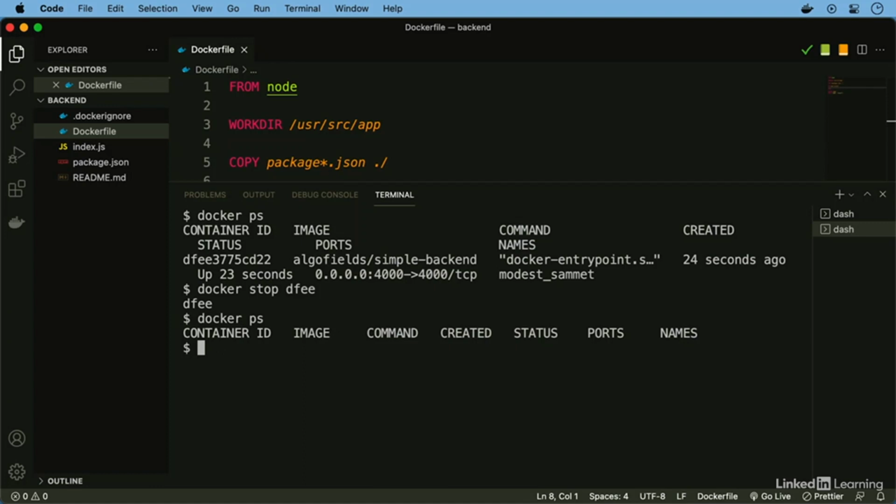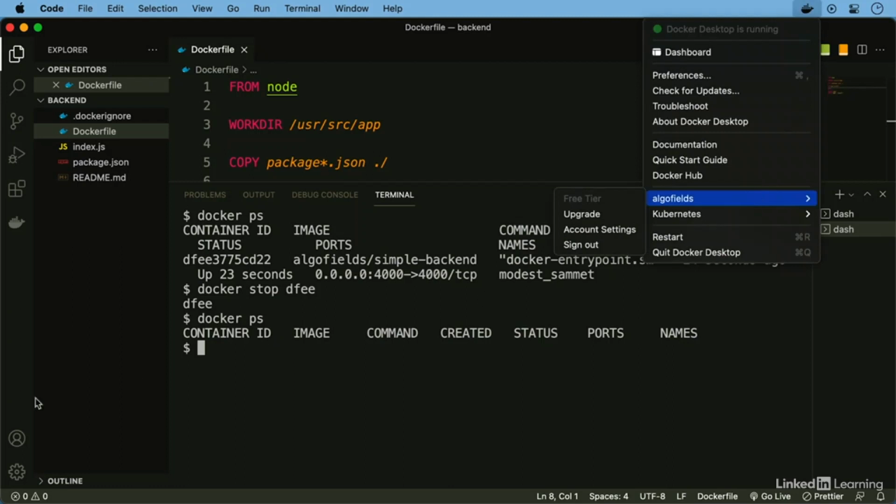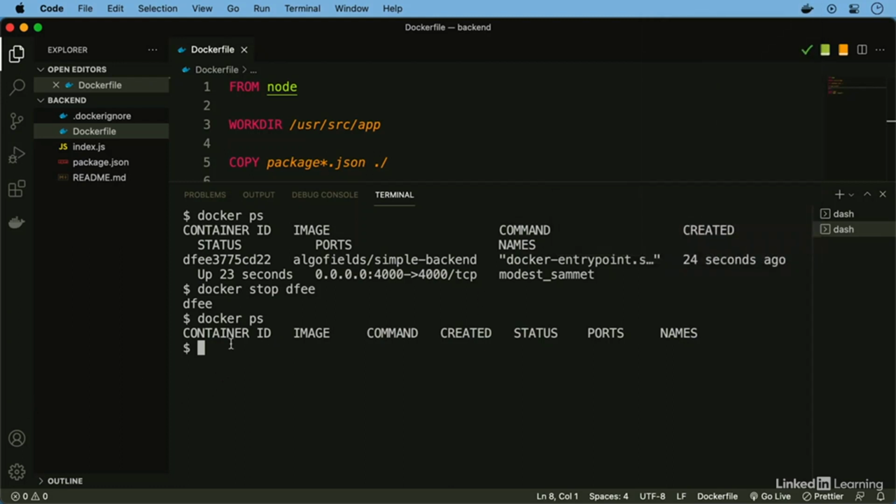So now another command that you can use from time to time is docker pull or docker push. So if you're connected to your account here, so in this case, Algo Fields, I could actually push an image to Docker Hub. So I could do docker push and then the name of the actual image. And you can also docker pull the